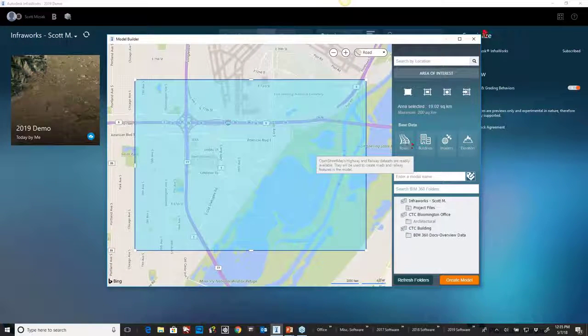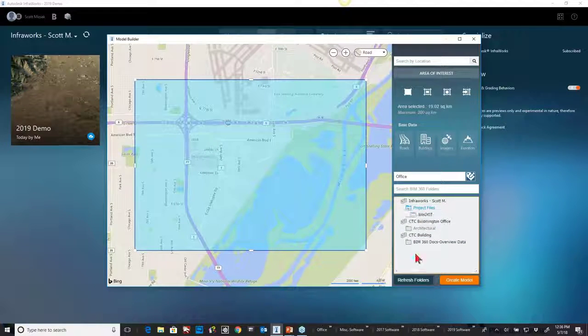But now, once I've built my area, I give it a name, office, search BIM 360 folders. Because I've established an account already, I have to use BIM 360. And what you will see is I have a couple folders that I was assigned to prior, but I have project folders in here for InfraWorks models. There's my project file for WisDOT, and then I have to create one for the 2019 demo in there. I have to pick that. This will get assigned right here,